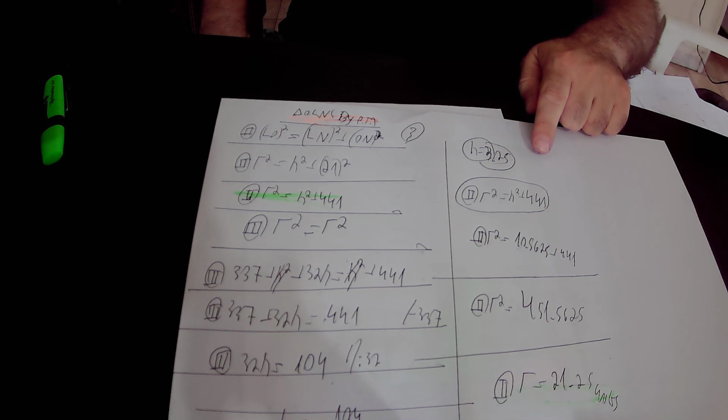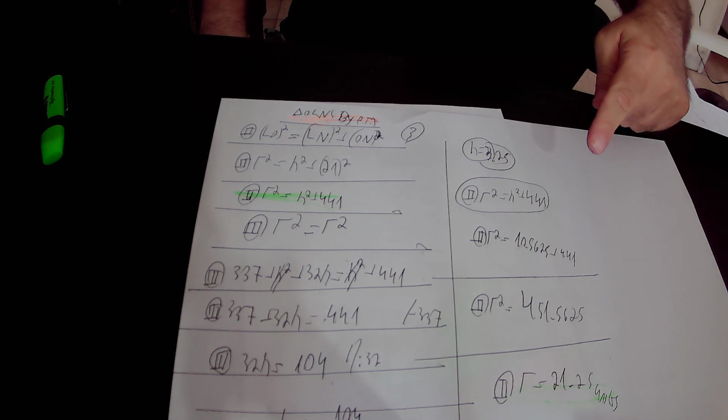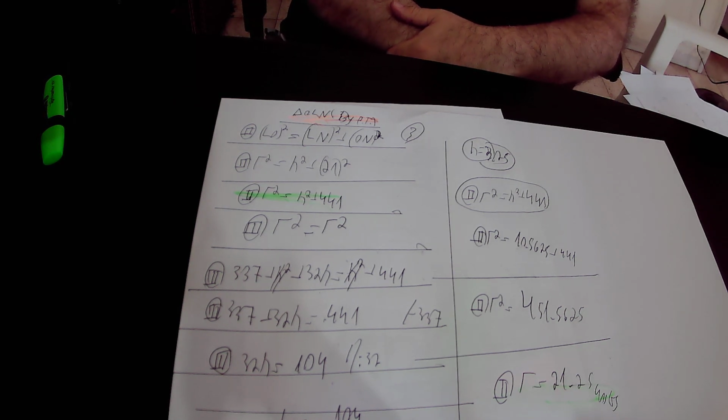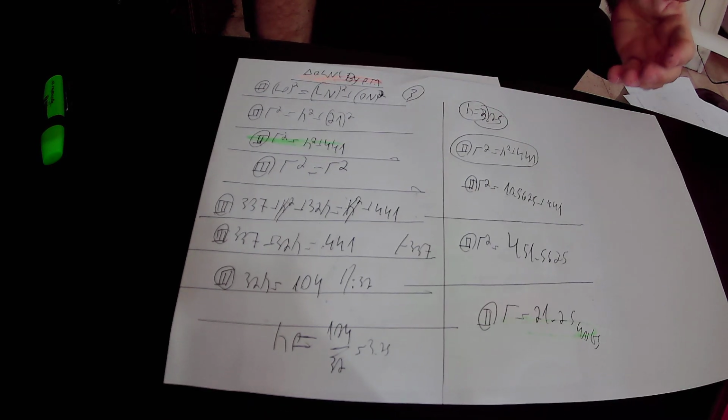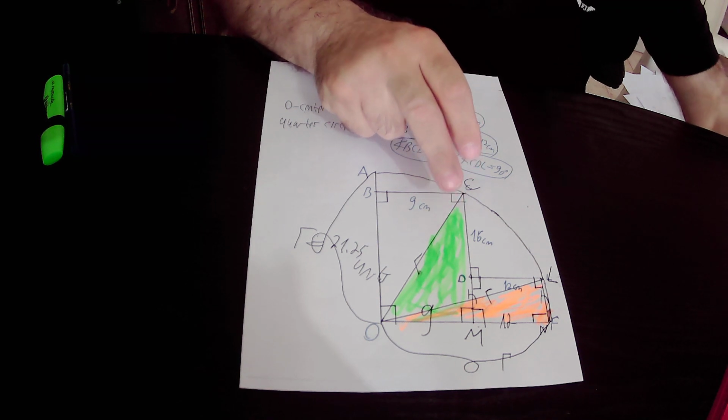So if h equals 3.25, it means that h squared will be equal to 3.25 squared, that is 10.5625. So according to equation number 2, r squared equals 10.5625 plus 441. And 441 plus 10.5625 equals 451.5625. Here we take the square root, and we found out that r equals the square root of 451.5625, that is 21.25 units. So we found out that the radius of this quarter circle is equal to 21.25 units,